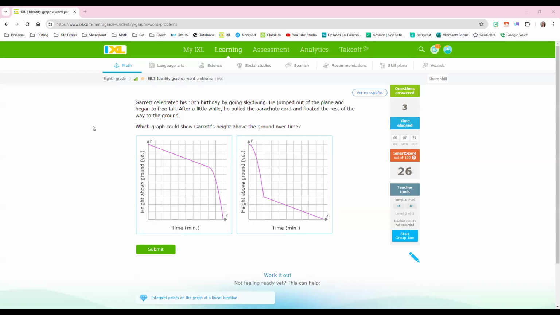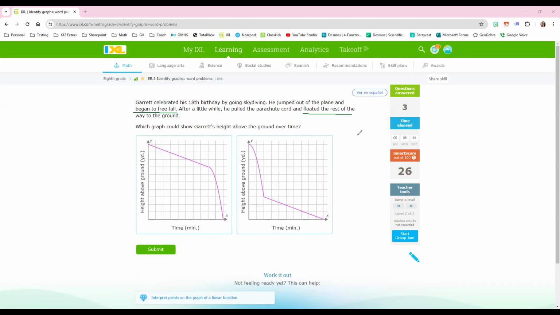Next example, Garrett celebrated his 18th birthday by going skydiving. He jumped out of the plane and began to free fall. After a little while, he pulled the parachute cord and floated the rest of the way to the ground. Which graph could show Garrett's height above the ground over time? Okay, so it says he jumped out of the plane and began to free fall. And then after a little while, he pulled the parachute cord and then floated the rest of the way to